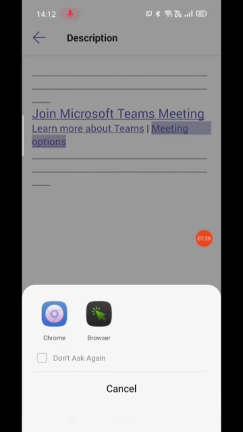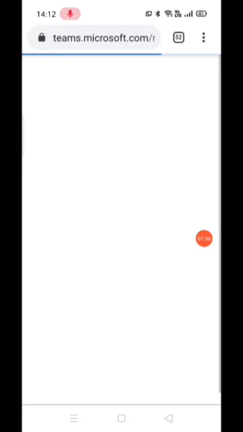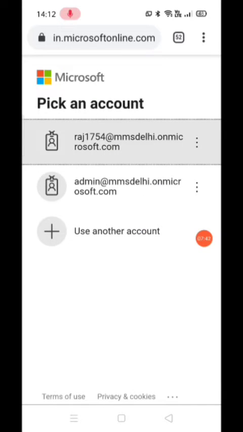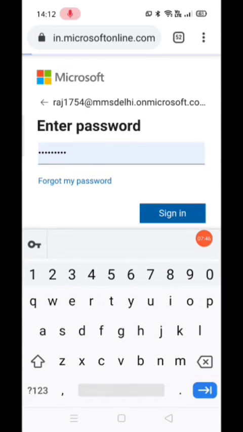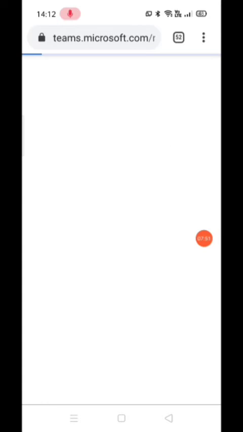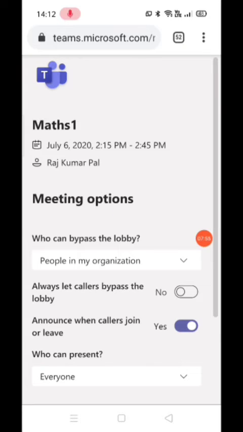Once you click on meeting options, it will go to the web browser and open up some settings. It has asked again, I'll click here. It is just authenticating whether I am the right person or not. Now this is meeting options.